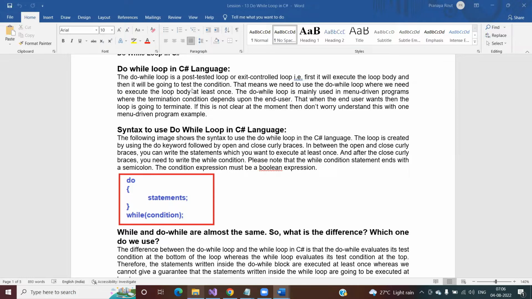As you can see on the screen, let us first read the definition, then I will explain the concept. A do while loop is a post-tested or exit control loop. What do we mean by post-tested or exit control loop? Previously we discussed the if condition. Post-tested or exit control loop means that in this loop, the condition will be tested at the end of